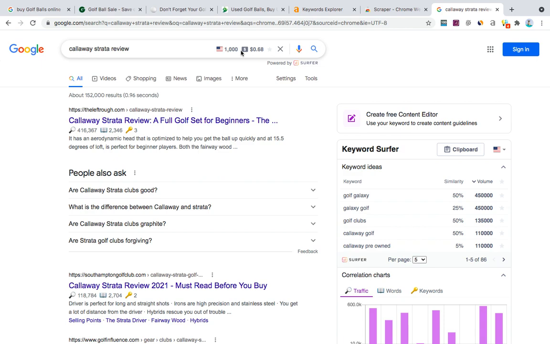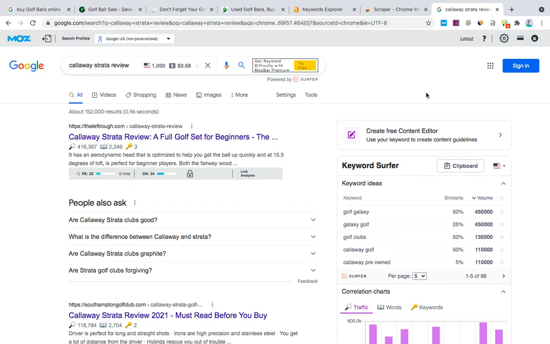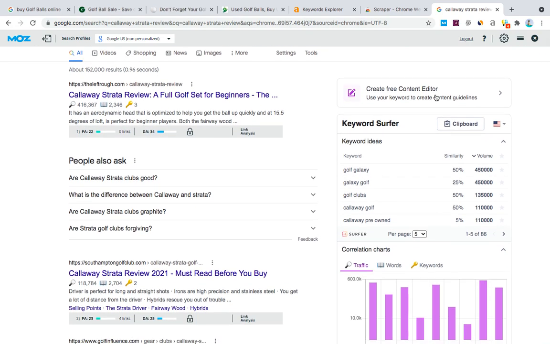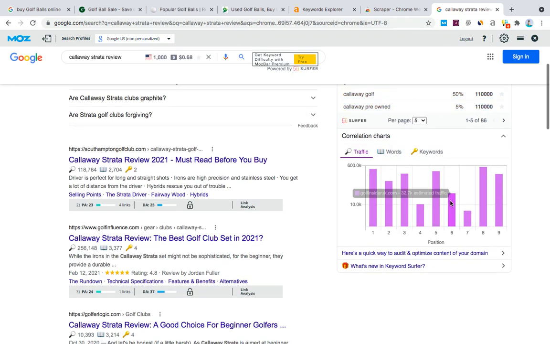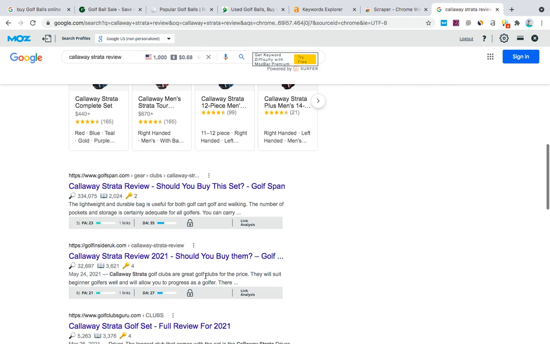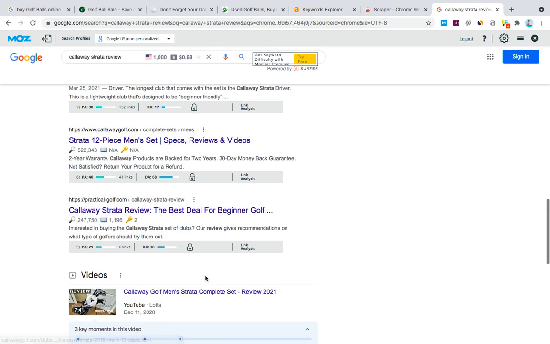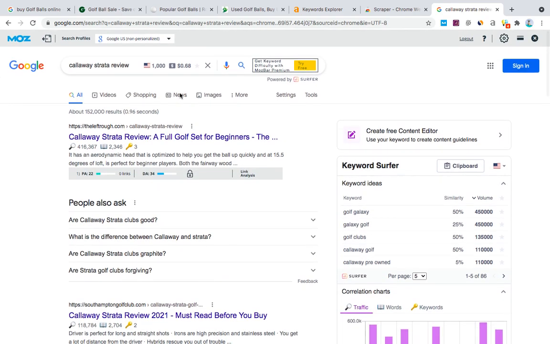It has good volume. The average site has a DA of 20 something.